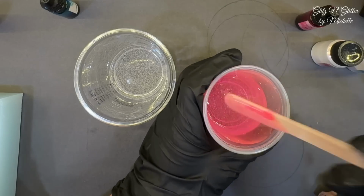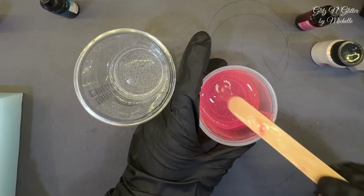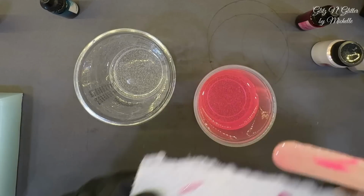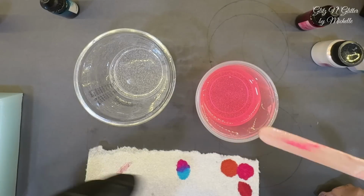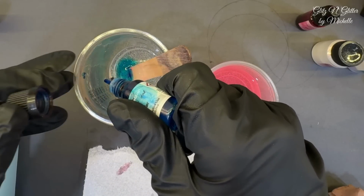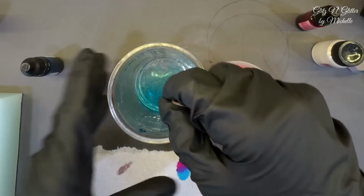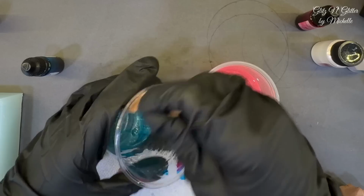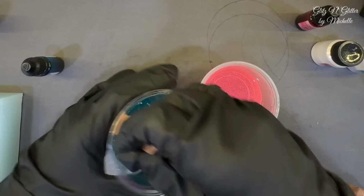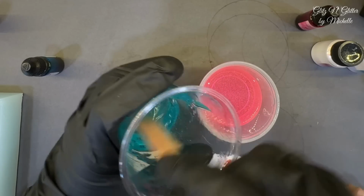Here is the pink. Let's look at it on a paper towel, but it's gonna kind of be a little deep, so it probably will be that color. Yeah, that's a good color. I'm hoping that the pink and the blue will make a purple. Let me just put a few drops. I definitely want a blue. And if not, pink and blue will be just fine. Hopefully they will merge though. Okay,